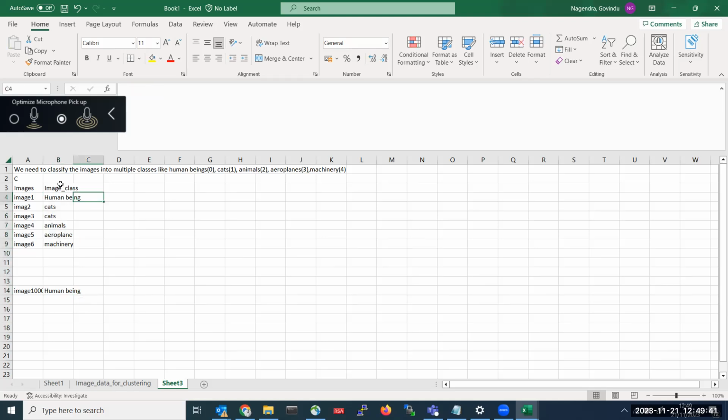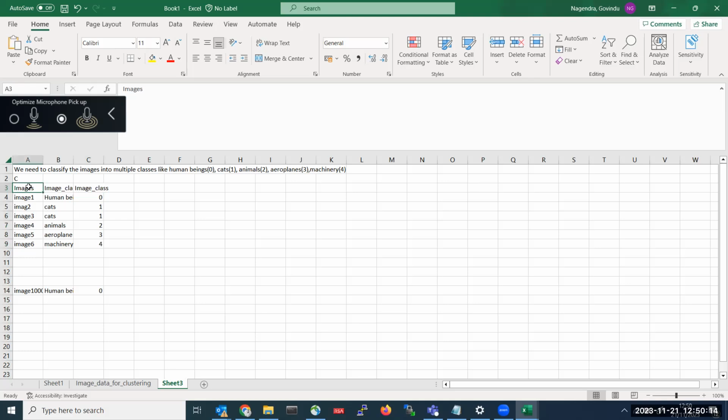So the same image class will be replaced with numerical data. Human being we will label with 0, cats 1, same cats also 1, animals 2, aeroplane 3, machinery 4, and human being is already there, so here also it is 0. So now your data is ready.